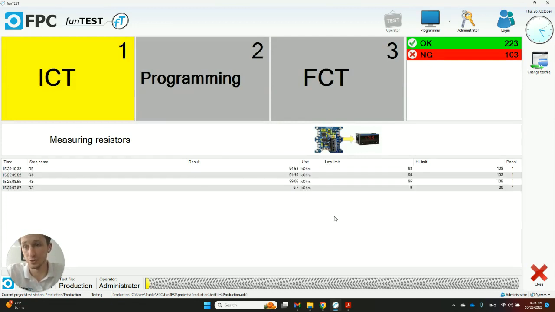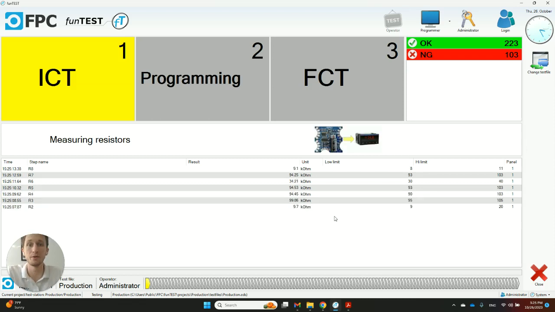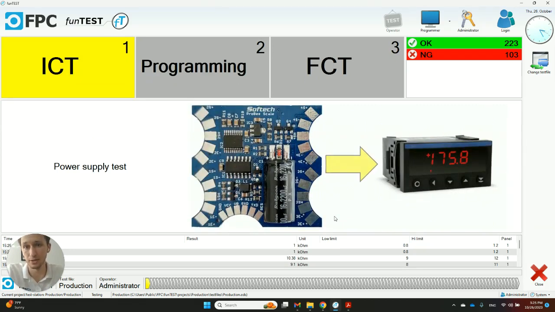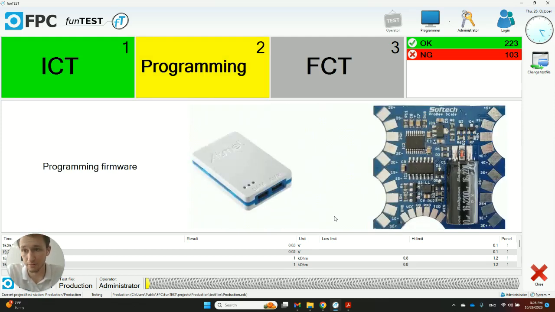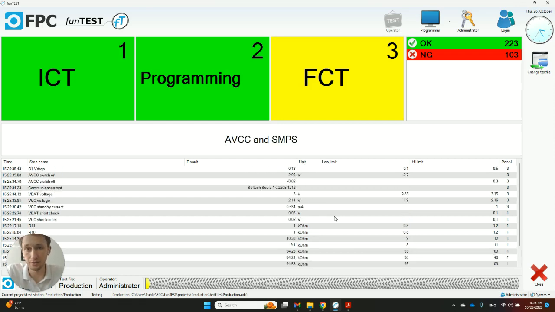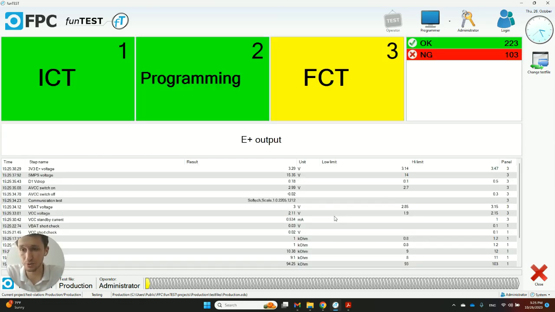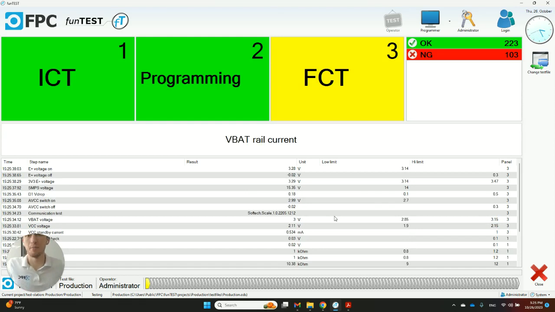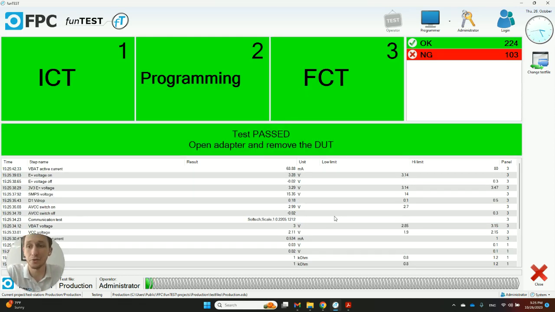So first, it will measure resistance on various test points located on our product. After all those steps are done, it will power up the device and verify that it did properly. After that, it programs the device, so uploads the firmware and verify that it has been done correctly. And finally, it will perform a functional test, which consists of communicating with the device and verifying a proper response, essentially simulating how the device will be operating in the real world.